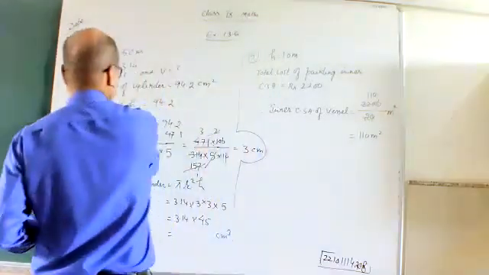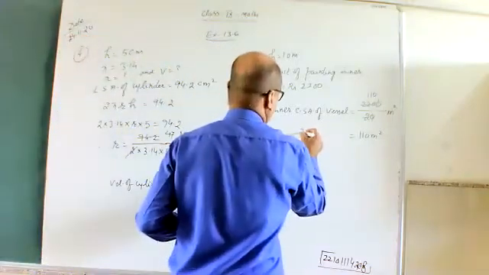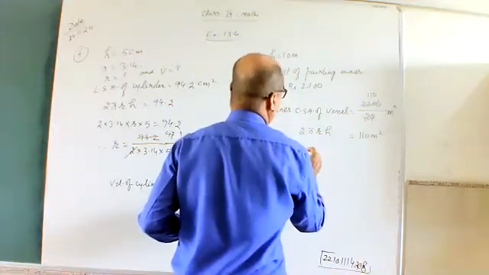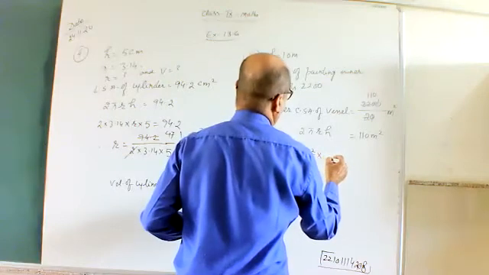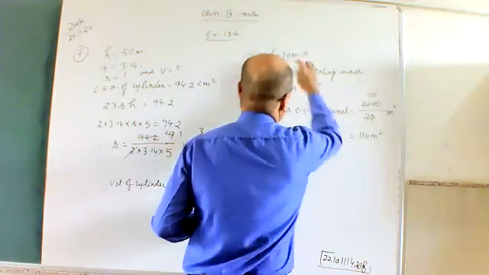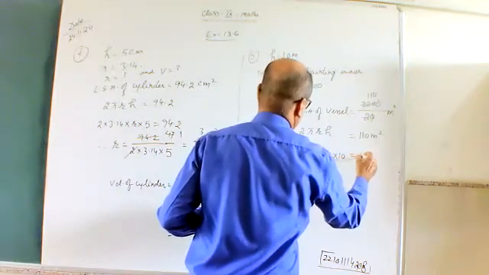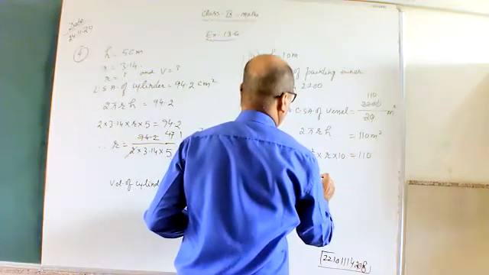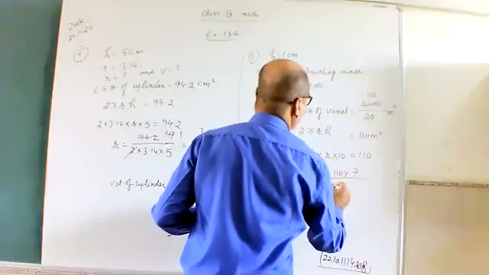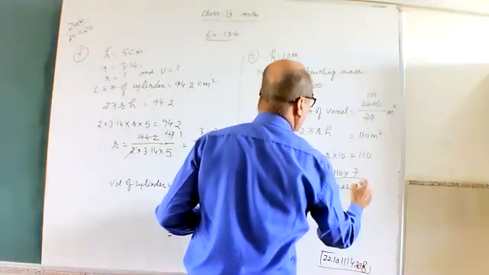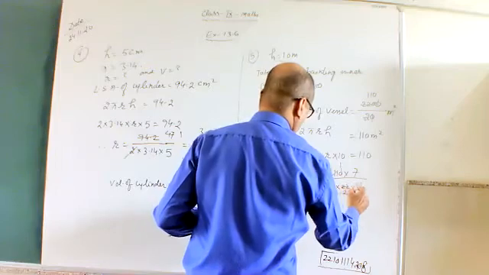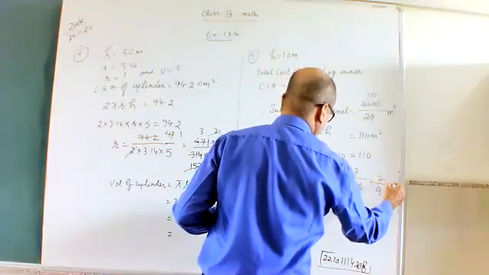The curved surface area of the vessel is 2 pi RH. So 2 pi RH is equal to 110 meter square. So 2 into 22 by 7, and we need to find what? Radius. So R we need to find, and H is given as 10 meter, equal to 110. So therefore R will be equal to 110 into 7 upon 2 into 22 into 10. So here 0 cancels. 11 1s are 11, 2 2s are 22, so that will be equal to 7 by 4.